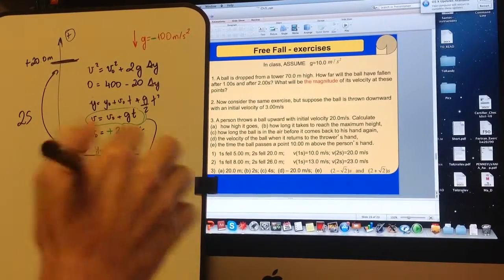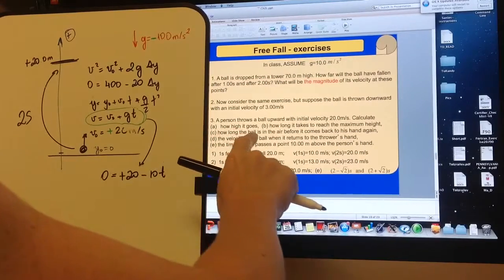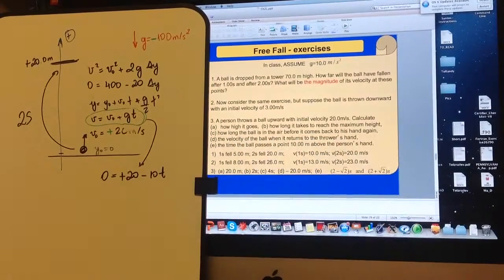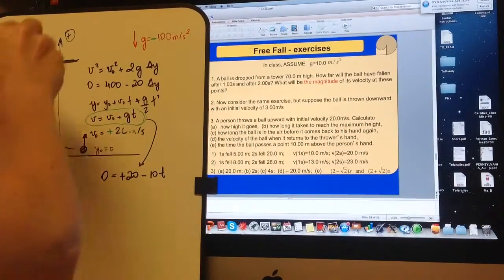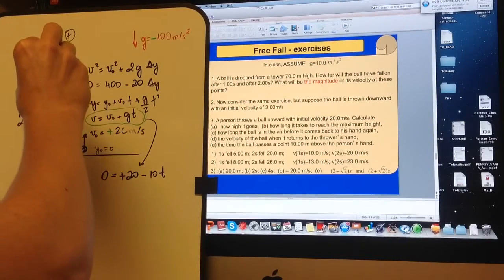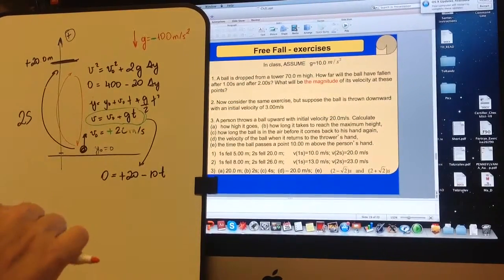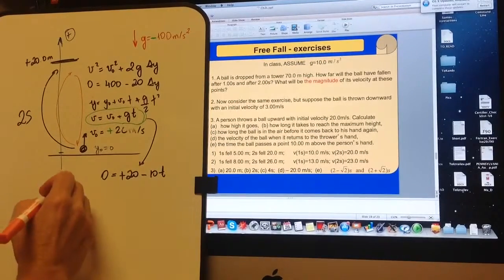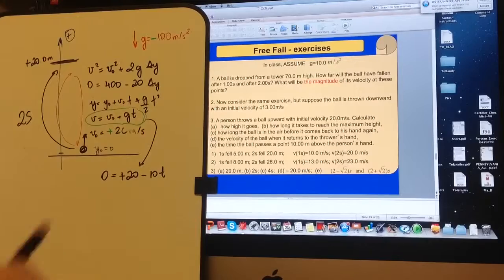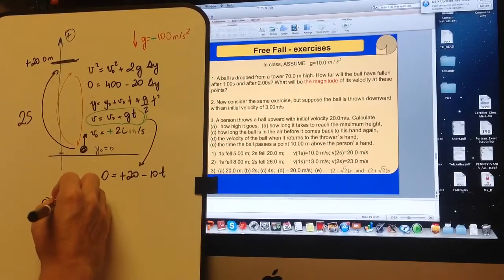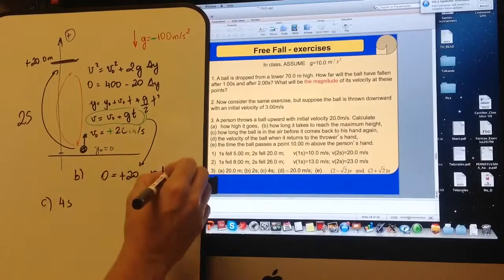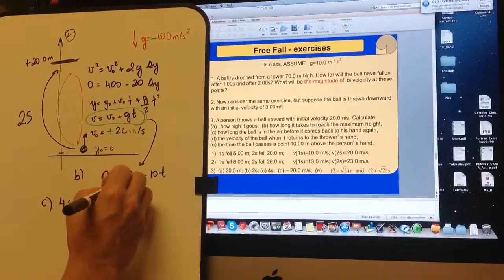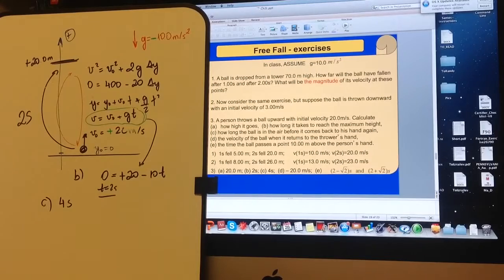All right, now, how long is the ball in the air before it comes back to its hand? So how long is this whole trip, going up and then coming back? Well, you don't need to do any calculation for that. It takes 2 seconds to go up. It will take 2 seconds more to come down. So for question C, you can just go straight and say 4 seconds. For B, we got the time was 2 seconds, so we know for sure that C is 4 seconds.